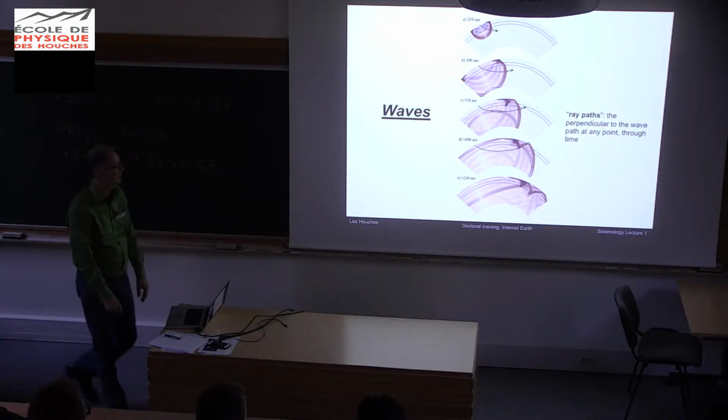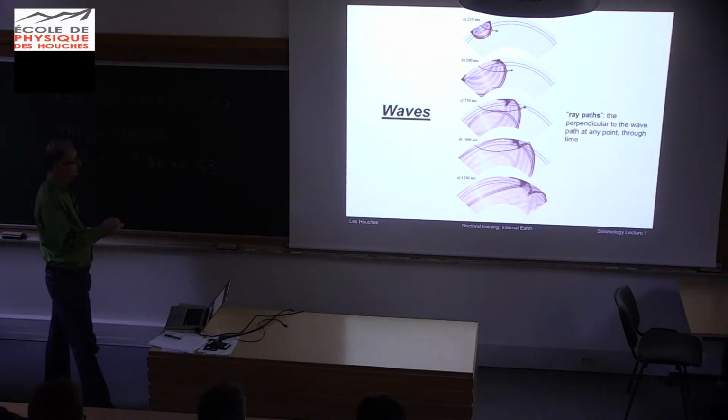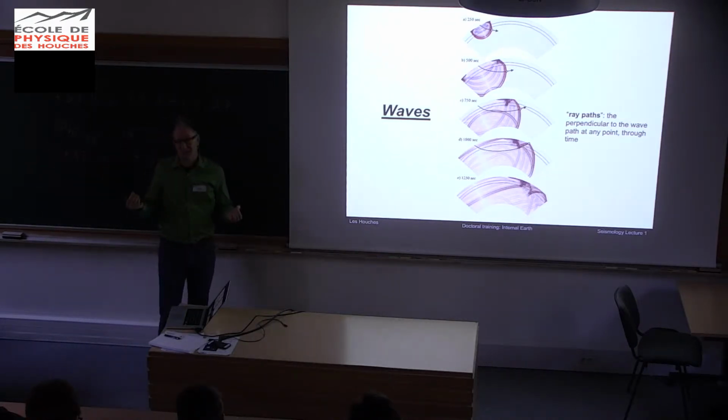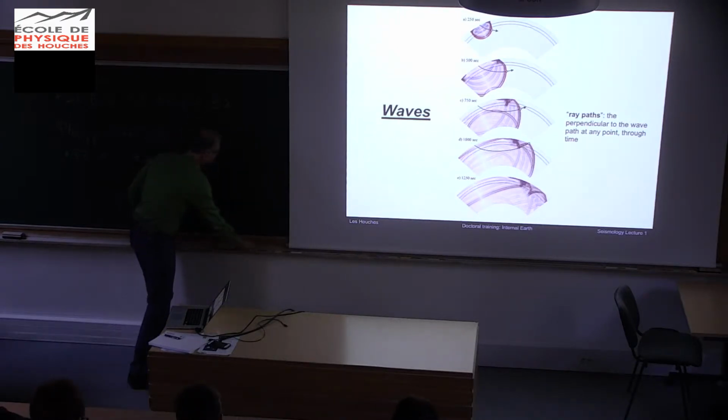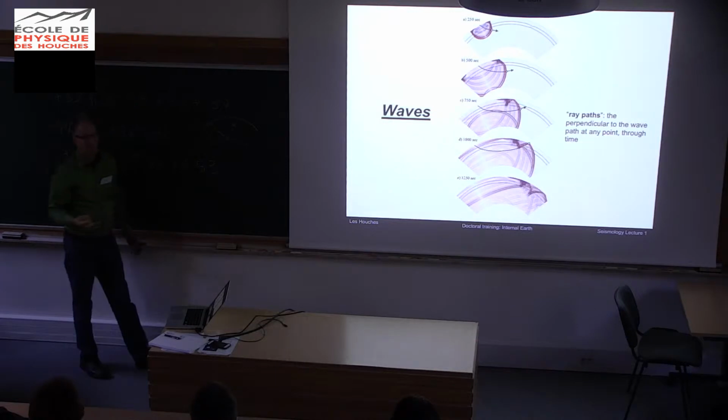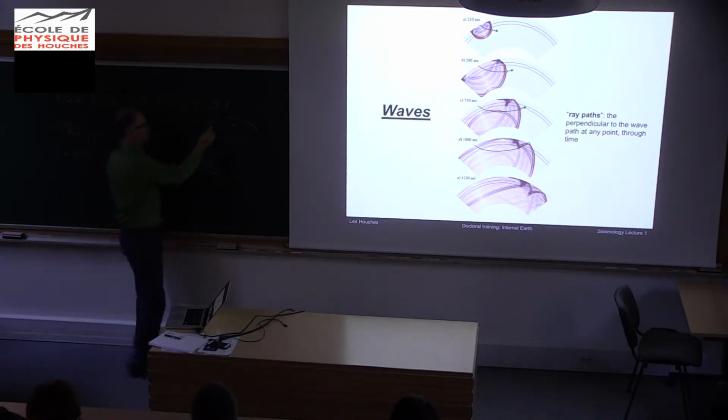Often we talk about the perpendicular to the wave front, and you can connect those up, and we call that the ray path. And so the ray path is just a geometrical construct. It's much easier to draw. I can draw my ray path of something that bounces off the core right here, and I'm done. That would be a lot harder if I were to try to legitimately draw the wave fronts and then,